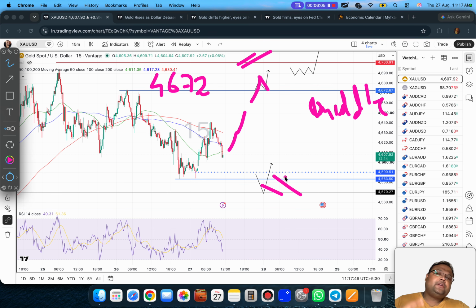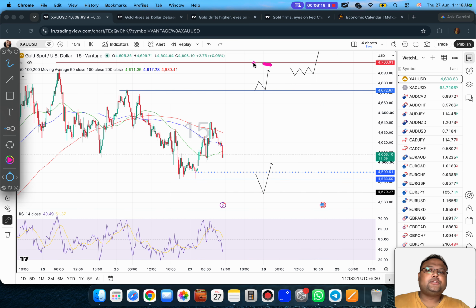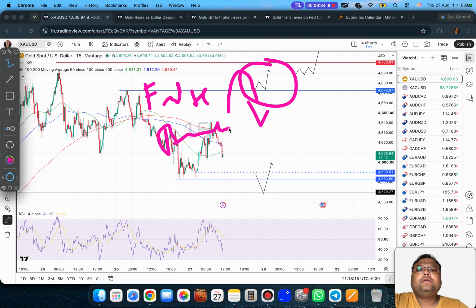So 4672 is an important level for day traders like us. After the breakout, if market takes support, because we are expecting 4672-70 to act as the new support, then we can buy at pullback. See this drawing. In case you see that market is going up, but instead of taking support at 4672-70, market is coming down, meaning it is a false breakout, then obviously we can go for a sell below 4670 as well. But personally, I will be more comfortable when 4672-70 will be working as the support, meaning buying at pullback.